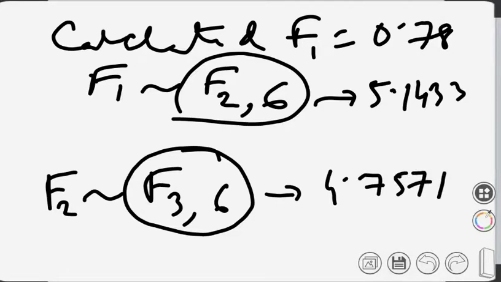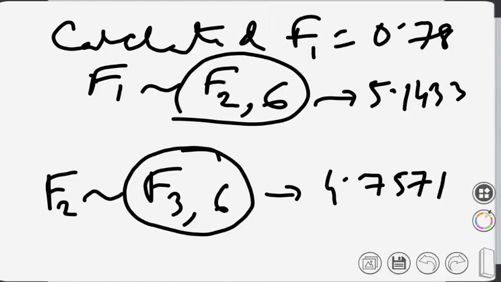Can you find the values in the table? Table A6. I sent it earlier, the F distribution table, critical values of the F distribution at 5% level of significance. Mind that these values will be provided. You don't have to check from the table. But remember to check the correct value with the correct one.